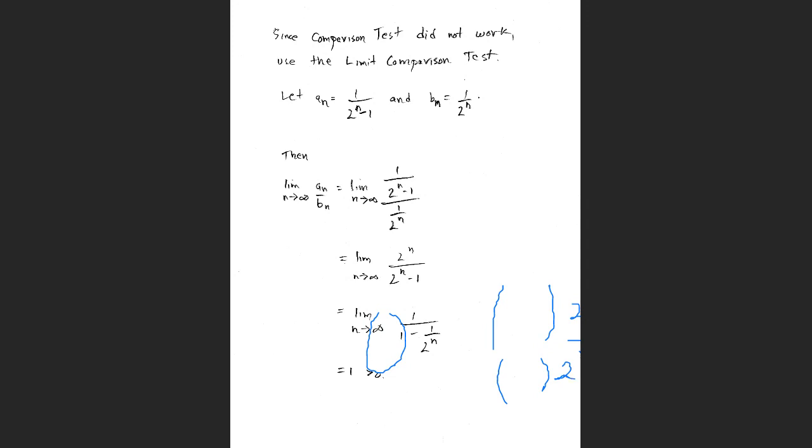And so when I do that, we're looking at the limit as n goes to infinity of 2 to the nth power over 2 to the nth power minus 1. And then if I multiply the numerator and denominator by 1 over 2 to the nth power,